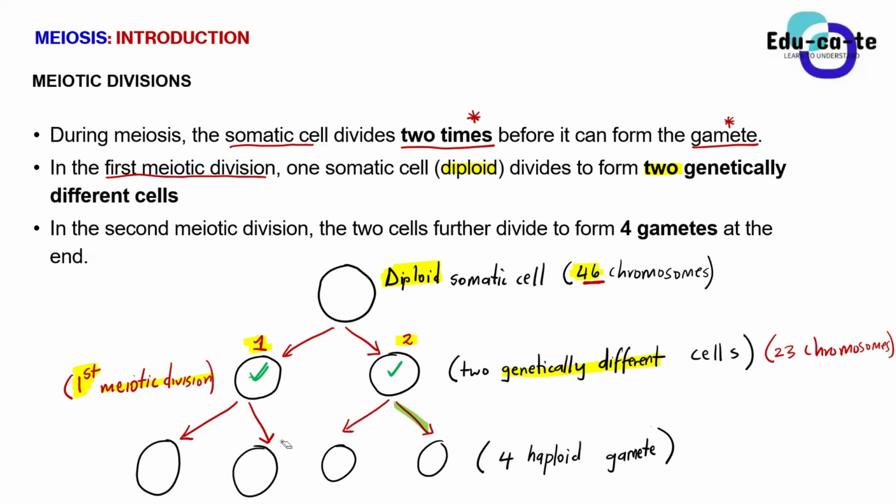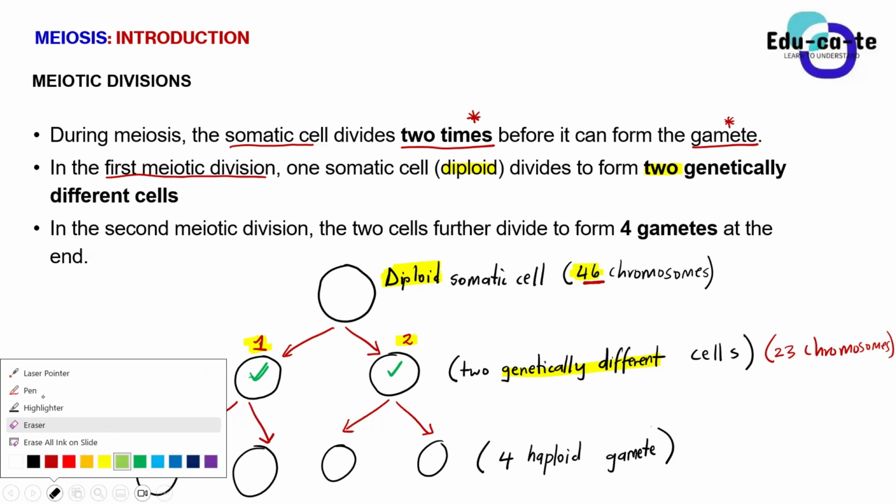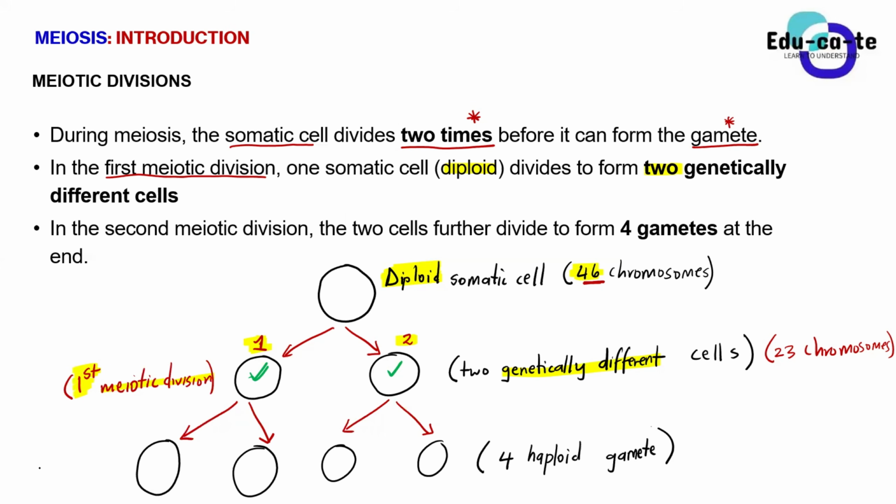Yes, guys. So this second split is known as the second meiotic division. Yes, Sam? So there is no more division after the second meiotic division. No more. The second meiotic division will just result in 4 haploid gametes, and each of them will also have 23 chromosomes. That's the funny thing. Each of them would have what? It would have 23 chromosomes as well.